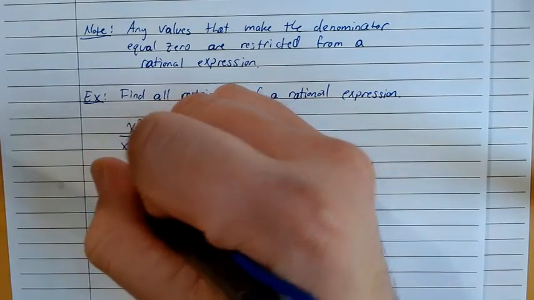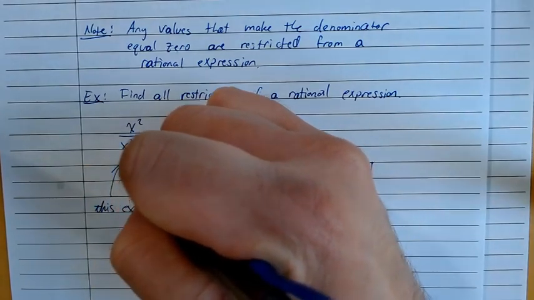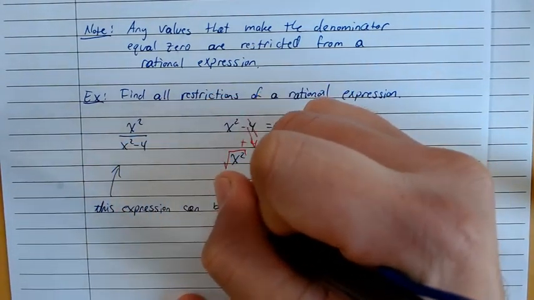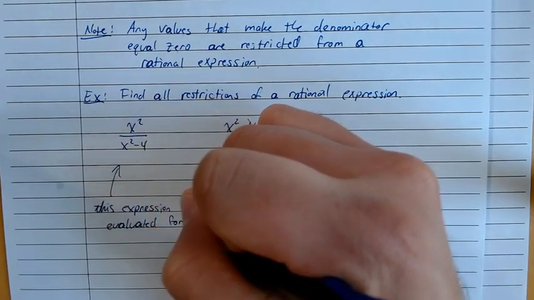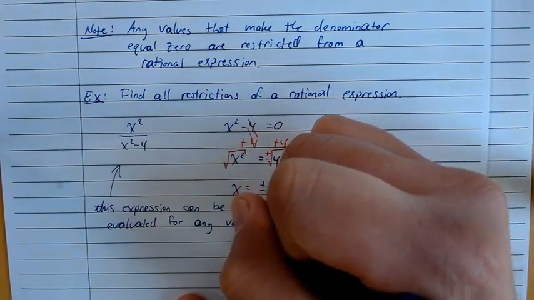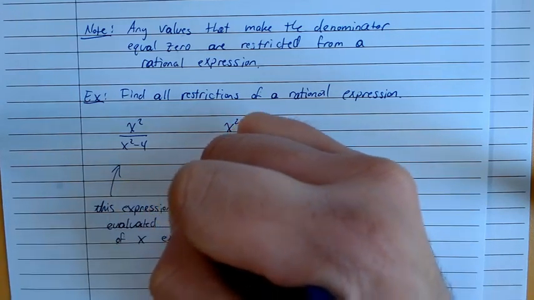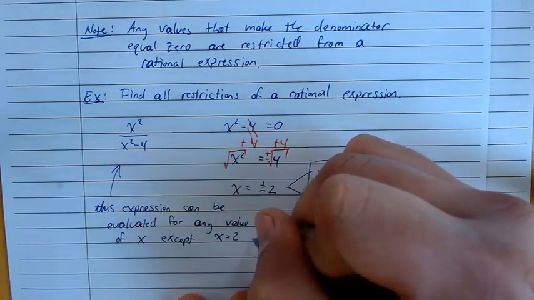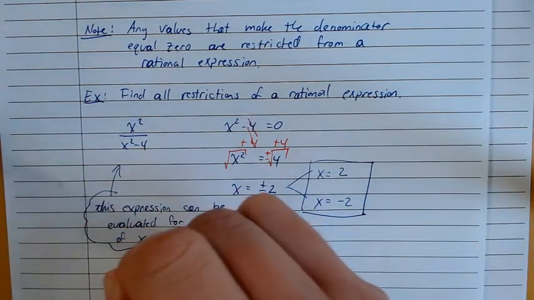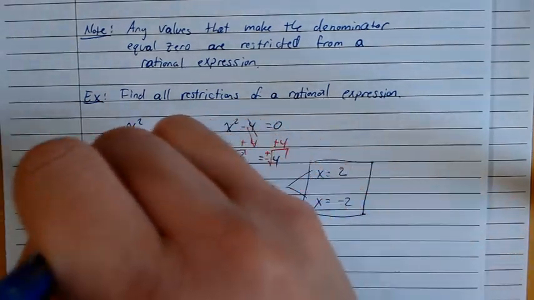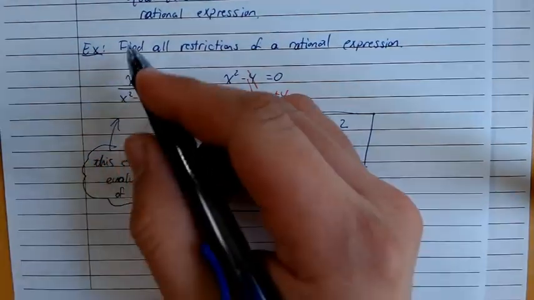This expression can be evaluated for any value of x except x equals 2 and x equals minus 2. Because if you use x equals 2 or x equals minus 2, that means your denominator is 0, and so the expression is undefined. Note you can evaluate it for anything else, so keeping with the same example, let's go ahead and evaluate